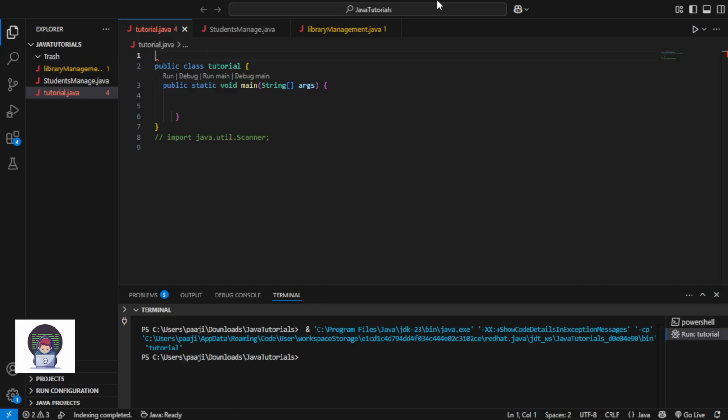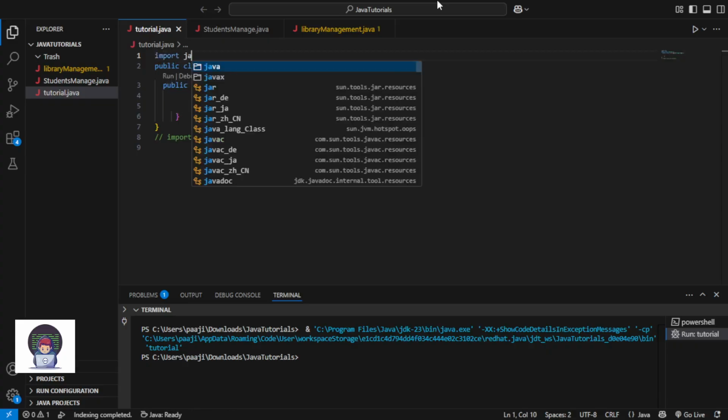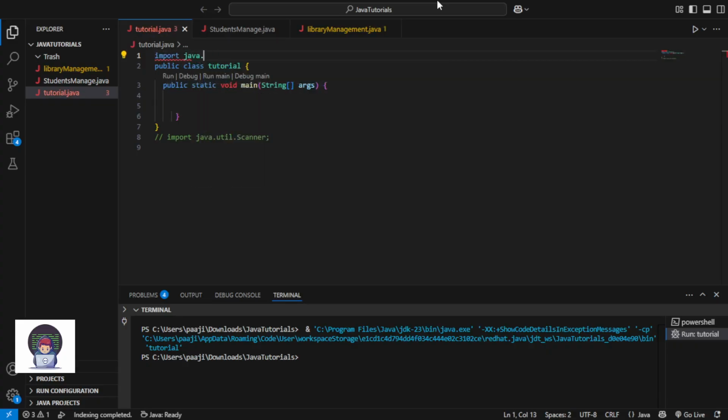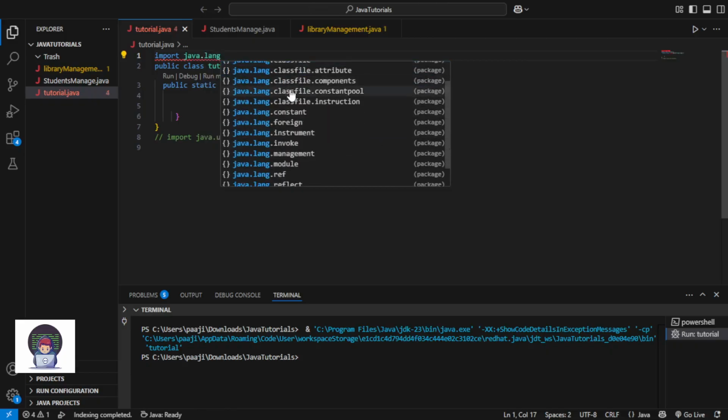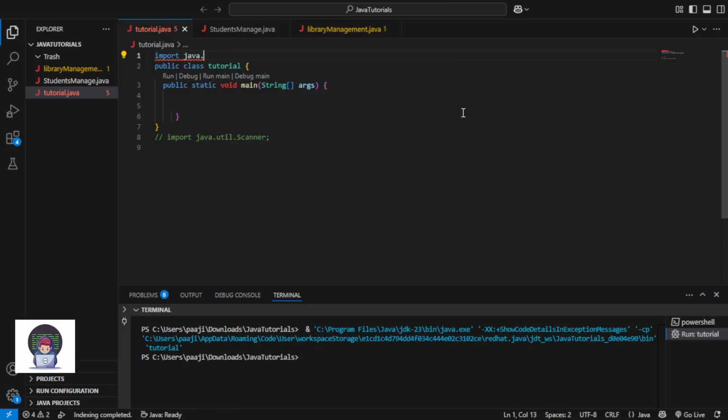So in every project, all of these lang classes are automatically added. You don't have to type java dot lang dot annotation, class, file, module, ref. You don't have to do this, okay? It is already imported and it is invisible.